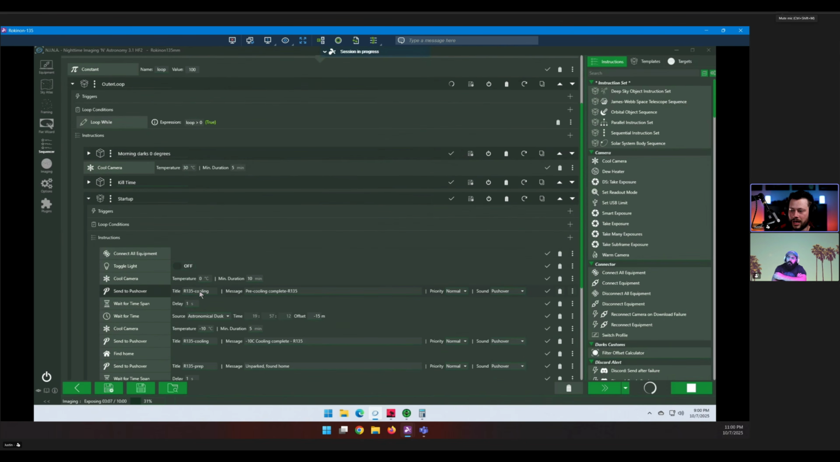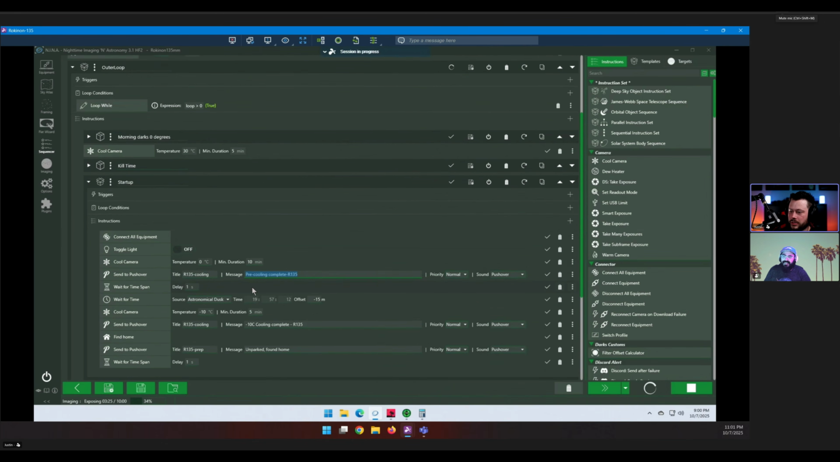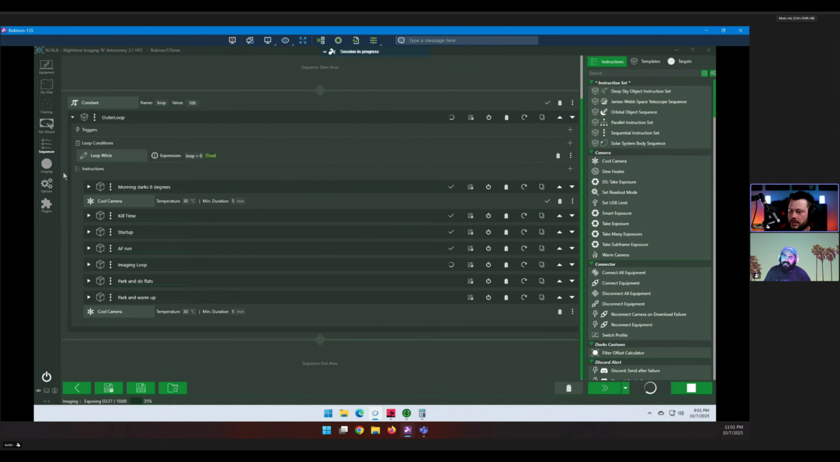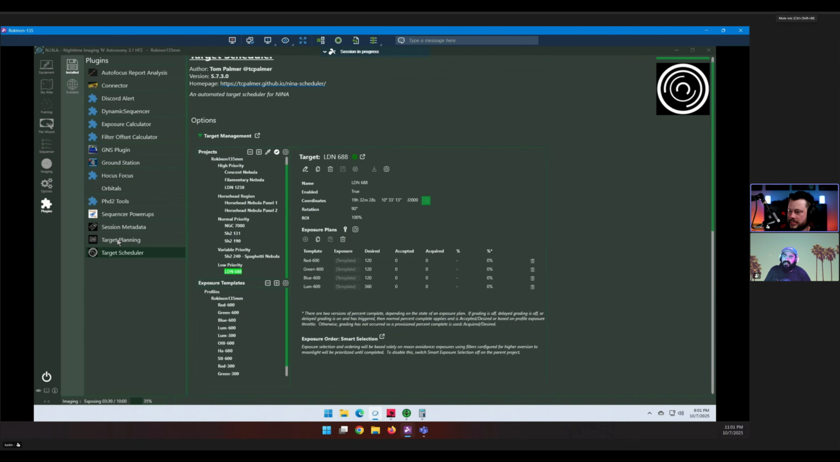My Pushover, I made sure to specify which scope I was in, because otherwise I just get random notifications like, one of my telescopes is cold. I don't know which one. Or worse yet, something's wrong. Which one's wrong? I need to deal with this now. So all my notifications here, all the normal stuff here, and then if we look at plugins, Target Scheduler,